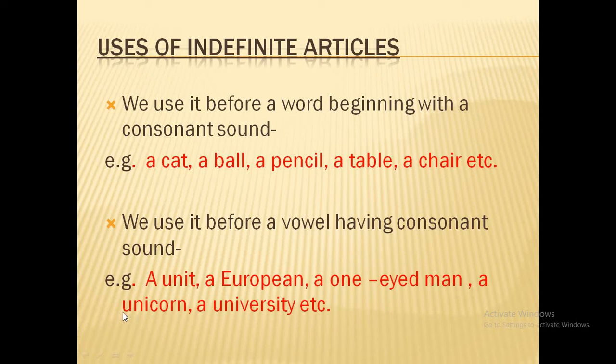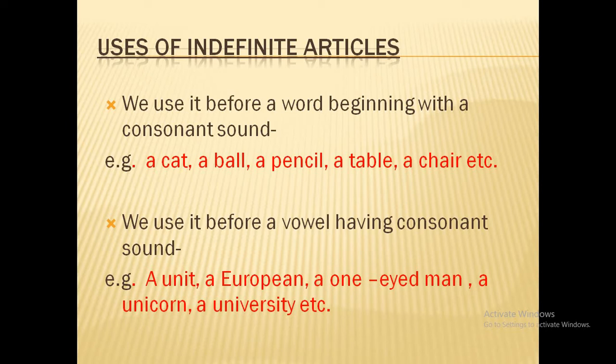A unicorn, again the U sound. So it's a consonant sound. A university, so again a consonant sound. So we'll have to be very careful that whenever the vowels give us a consonant sound, it should be preceded by a